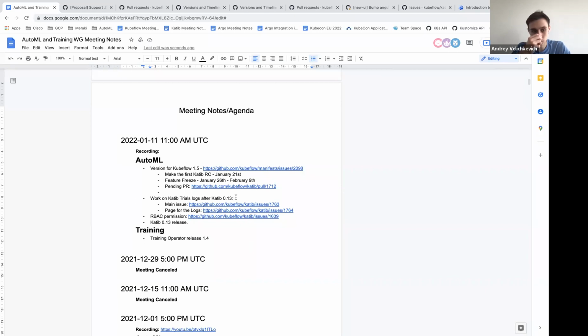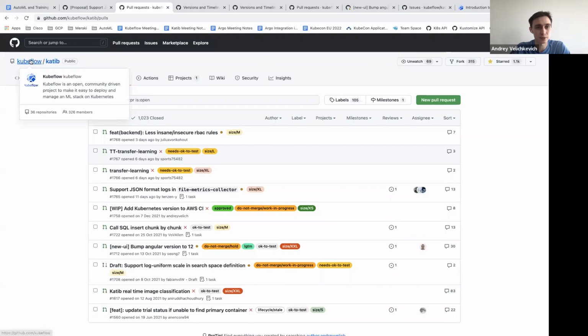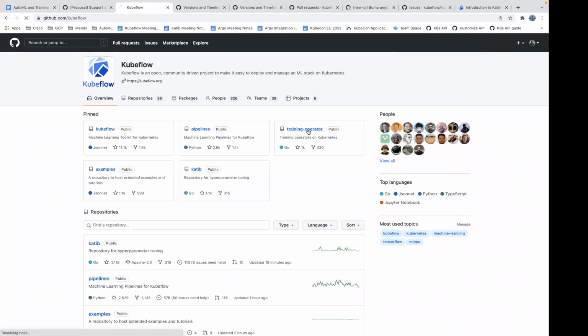Okay, and since we're speaking about the release regarding the training side, are we planning to make the 1.4 for Kubeflow 1.5? Yeah, right. So do we have any pending PRs there?